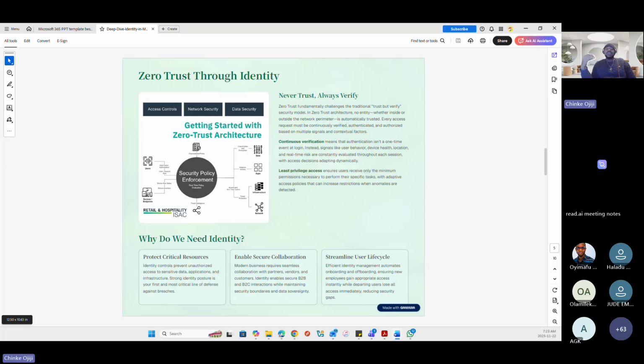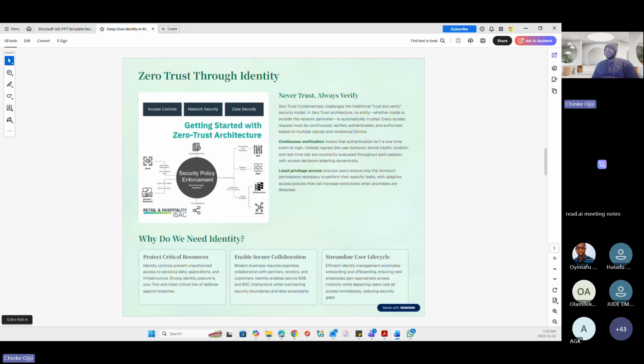Now, we don't want you to assume insecurity, especially when it comes to identity. You need to always verify, because whoever's identity is authenticated, you've exposed critical data to that identity. And if the identity is not who the person is supposed to be, then that means a breach has occurred.